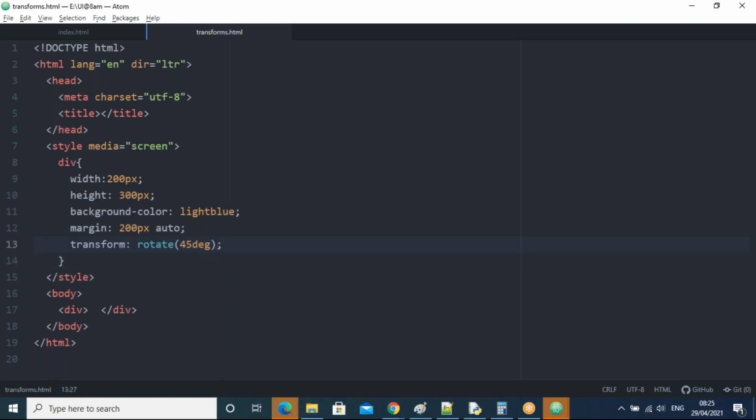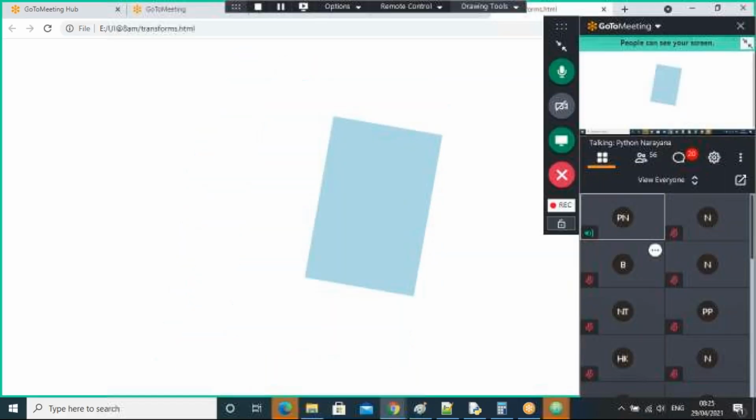Suppose I take only 10 degrees here. This is one vertical line, right? Just 10 degrees rotated, like this, guys.